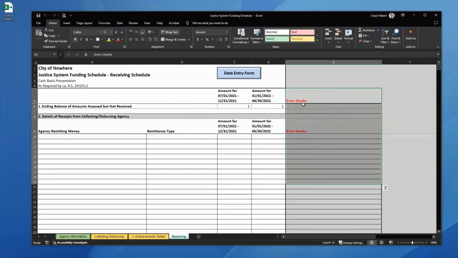This column right here, just as described, and just like some other worksheets, is error checks. If there's problems with the data you entered, it will show up here. The other parts of this worksheet are the agency remitting the money. So this is who is the agency that's sending you the money. The remittance type. So what is the type of money? Is it fines, bond refunds, etc.? That's the type of stuff that goes here. This is the amounts for the first period, first half of the year, and amounts for the second half of the year. I'm going to open up the data entry form again,